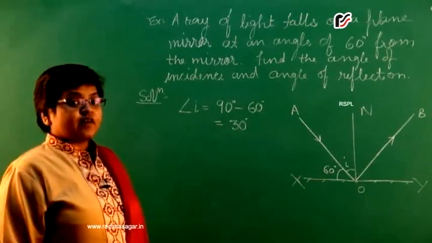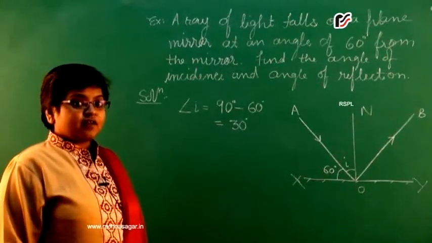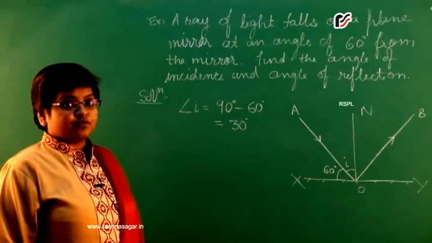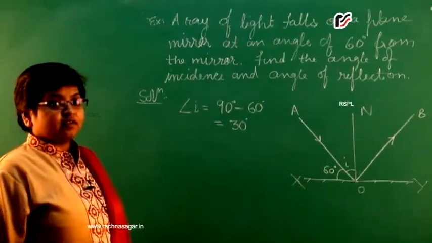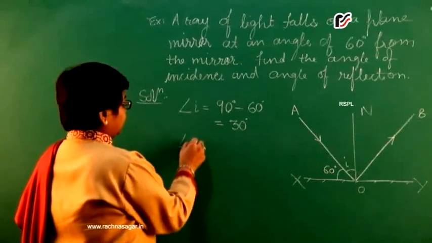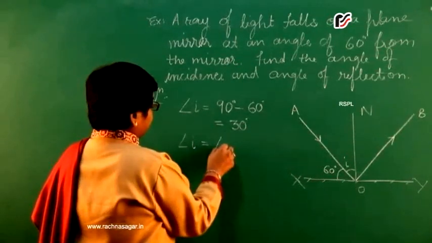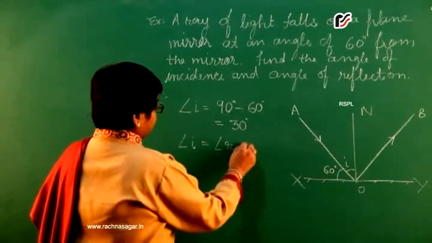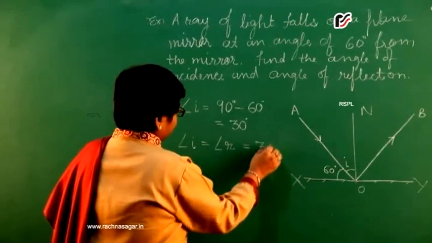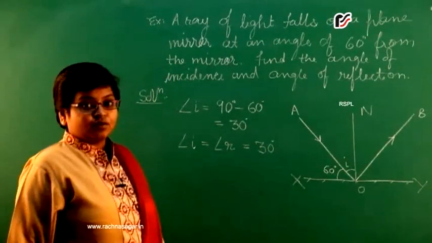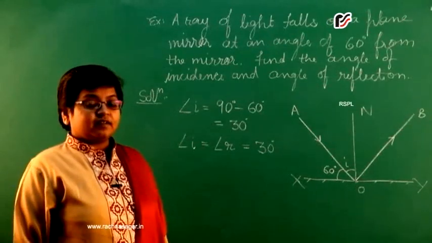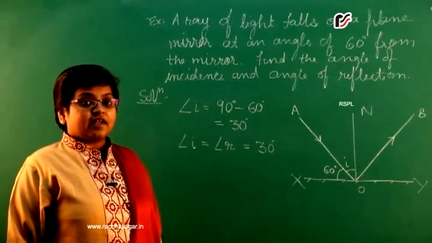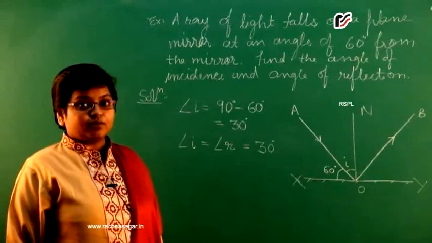Now according to the first law of reflection, the angle of incidence is always equal to the angle of reflection. So here we observe that the angle of incidence and the angle of reflection are both equal to 30